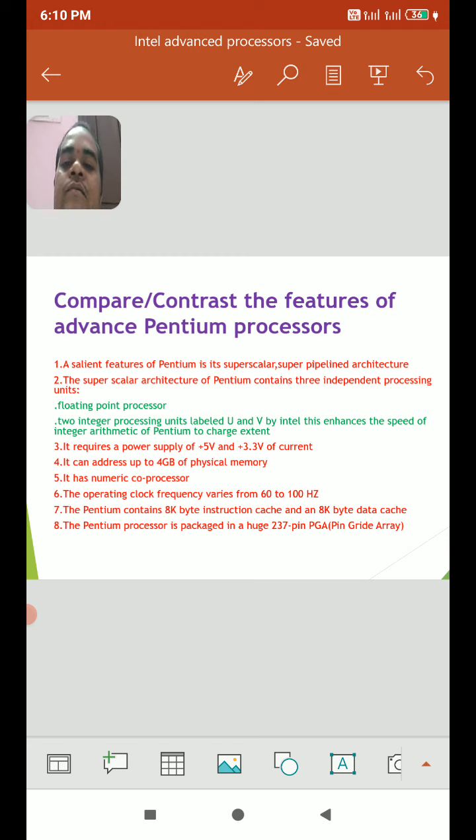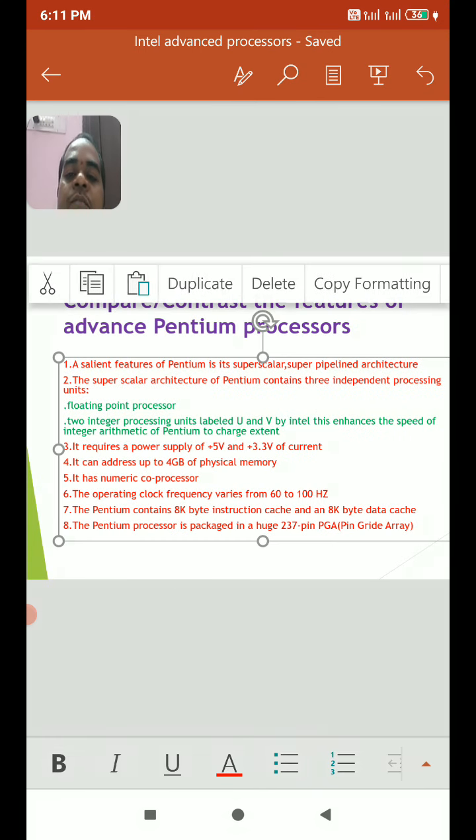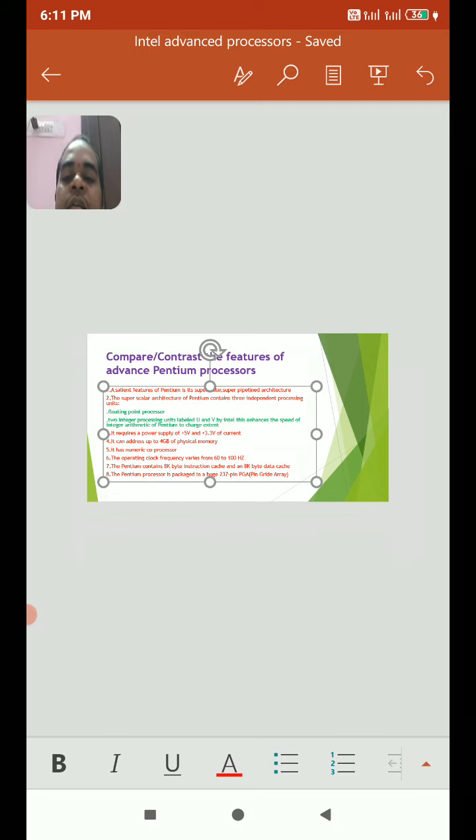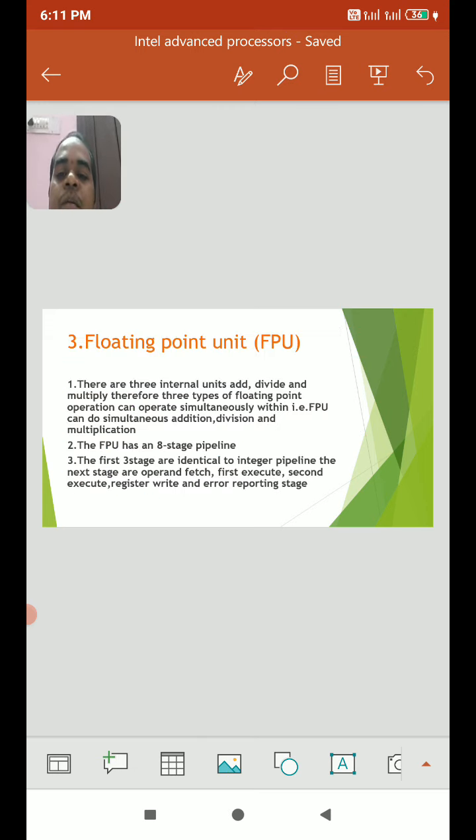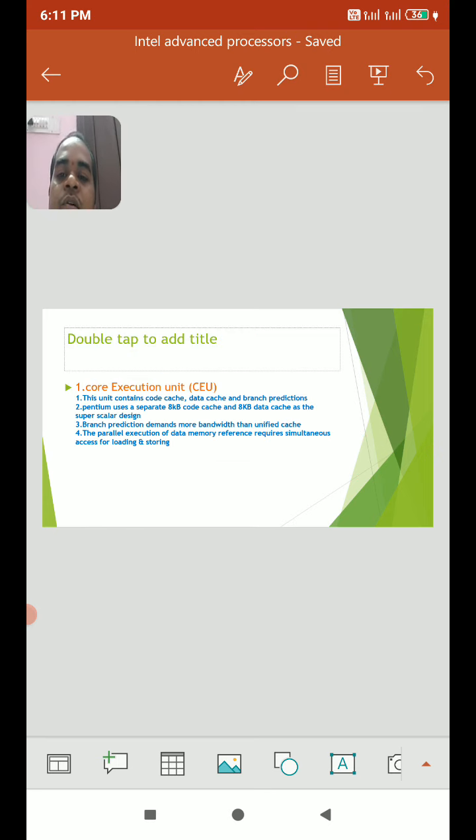At present we are having different types of Pentium processors, more advanced Pentium processors also, like Pentium P3, P5, and Core 2 Duo. Many features are added to the Pentium processor over the previous processor, so we are getting more features and a more advanced processing structure. So this is about the architecture of the Pentium microprocessor and the features of the Pentium microprocessor.